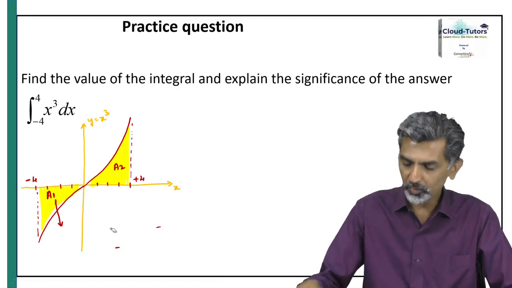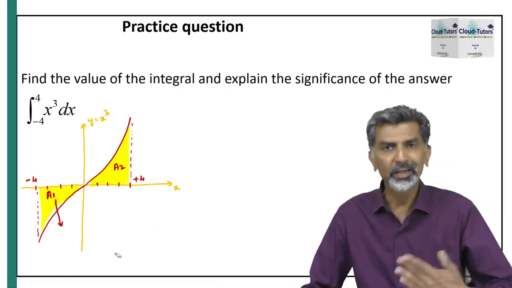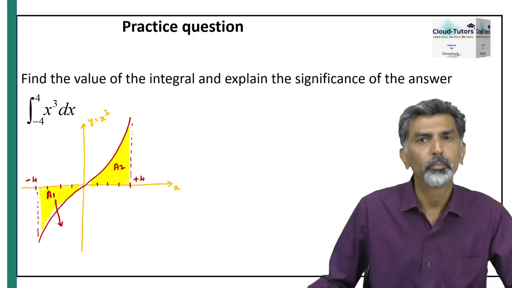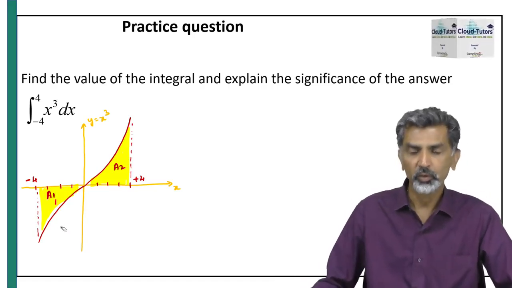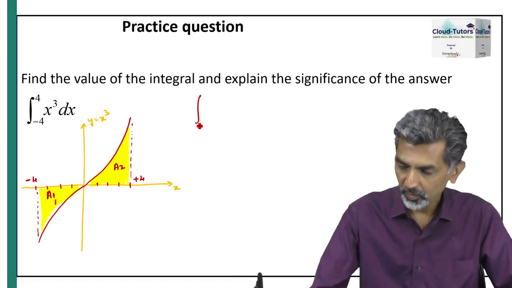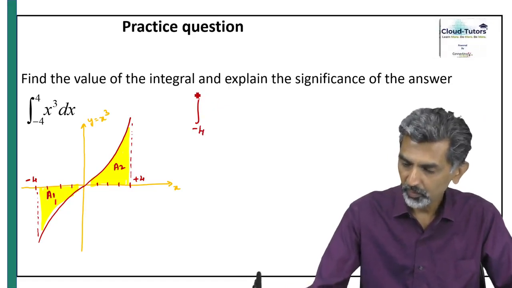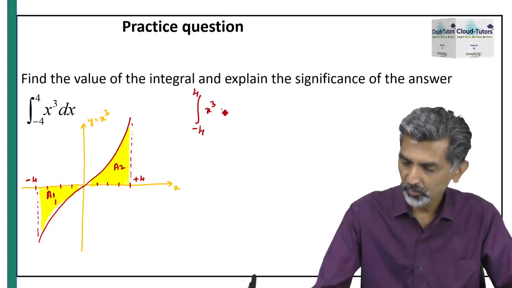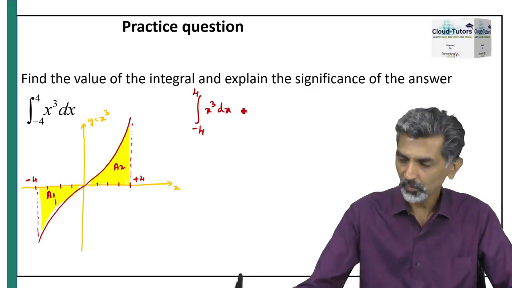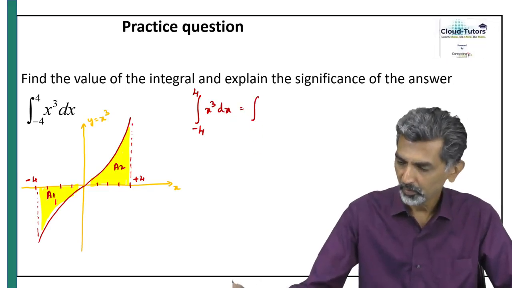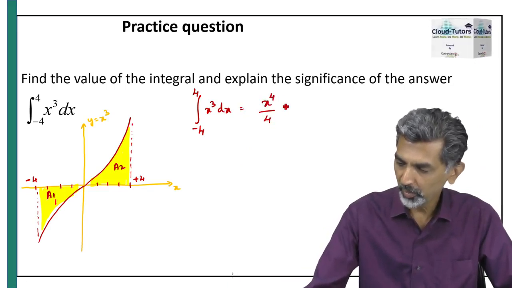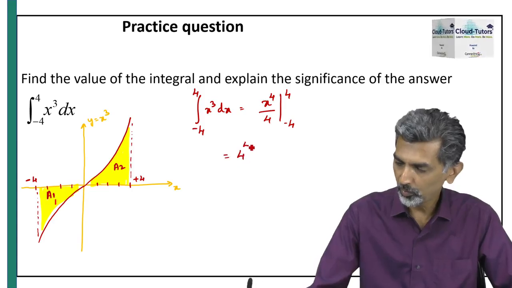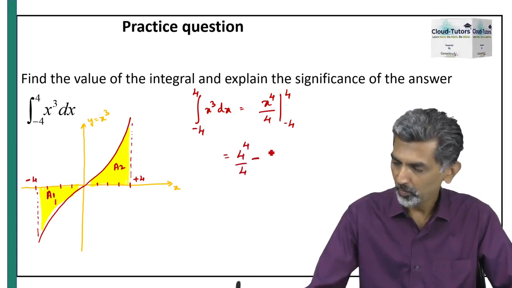And therefore, you should be careful in identifying what the upper boundary of the region is and what the lower boundary of the region is. So if you actually integrate this, what do you get? Well, it's x to the power of 4 divided by 4 between -4 and 4, that is 4 to the power of 4 by 4 minus